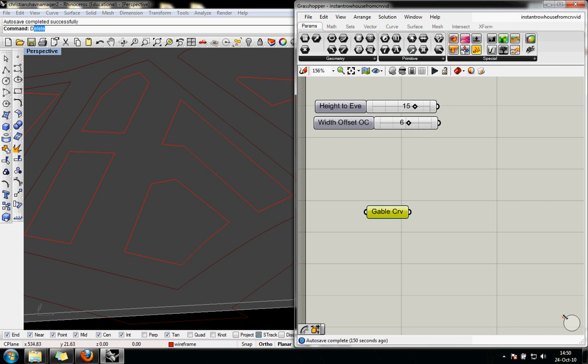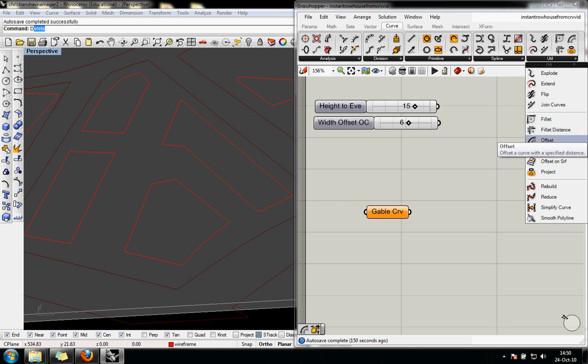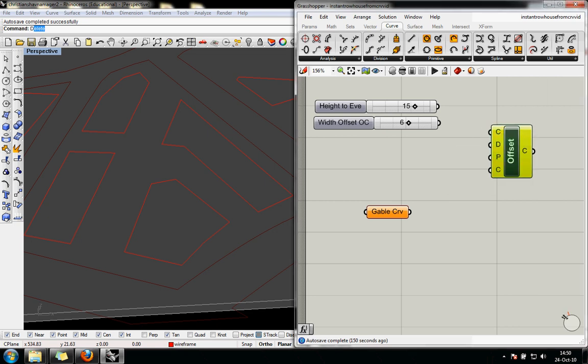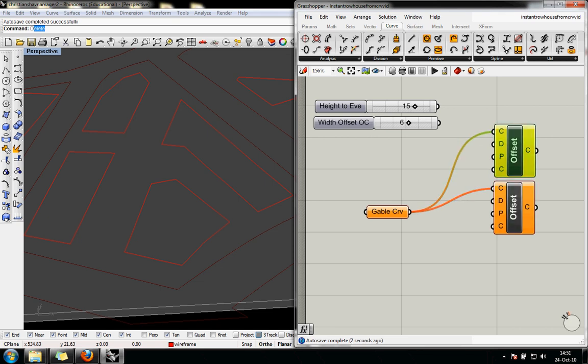So the first thing we want to do is offset this curve. Go up to Curve, Utilities, Offset, and then we'll do it twice, interior and exterior. Both times that will be it. The input curve will be the gable curve. The distance is going to be the width offset, but for one of them we want to turn it around,